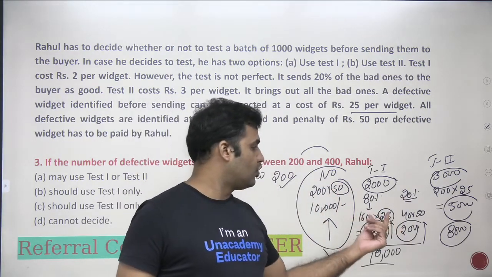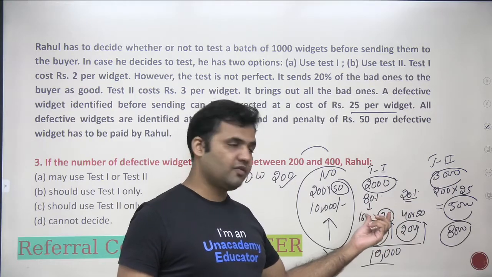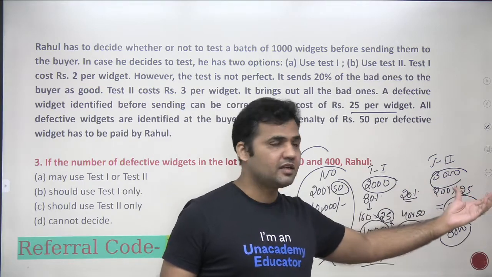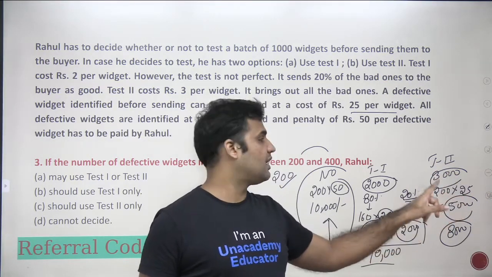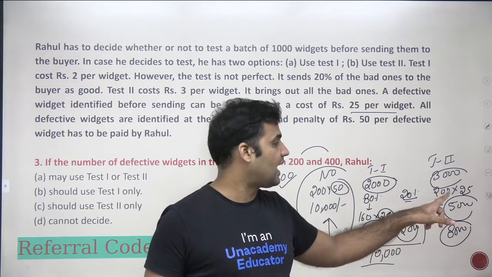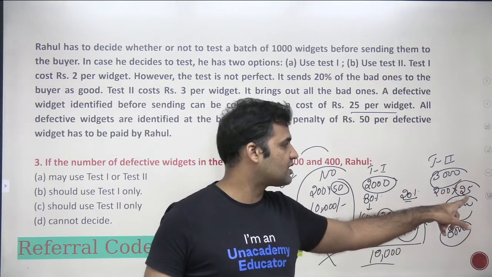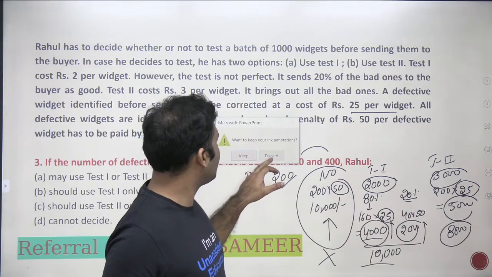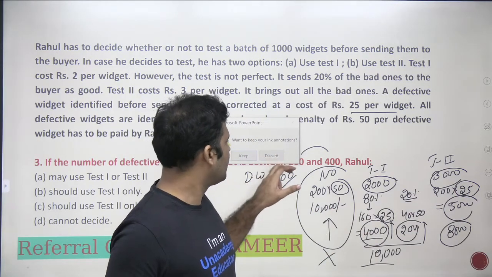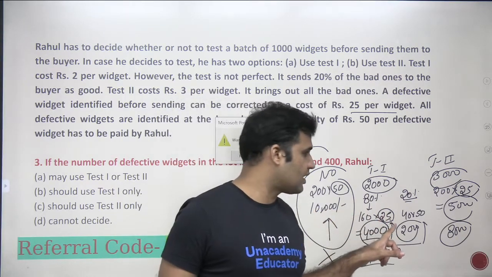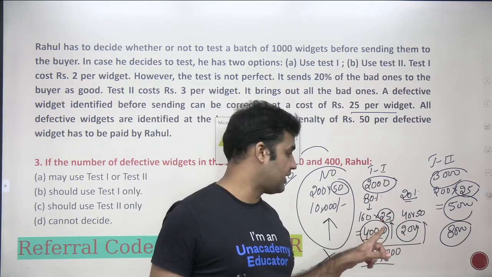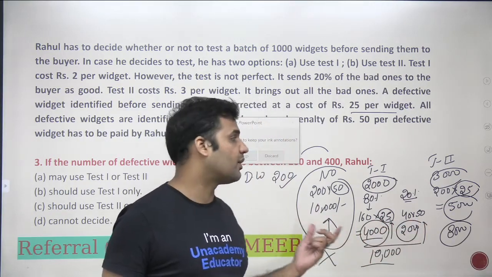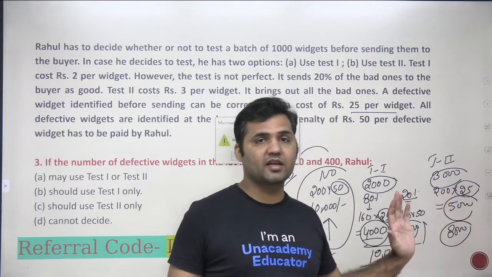But here you will be able to save some money because of identification of bad widgets, right? But here you will be able to save more money because every defective item will be identified, and you will be spending only 25 rupees as a correction. So here जैसे 200 से नंबर कम जाएगा, 200 से नंबर अगर ऊपर जाएगा, राइट, डिफेक्टिव विजिट्स का, कुछ आइटम्स पे 25 करना पड़ेगा, कुछ पे 50 करना पड़ेगा, यहाँ सब पे 50 करना पड़ेगा, और यहाँ पे सब पे 25 करना पड़ेगा.